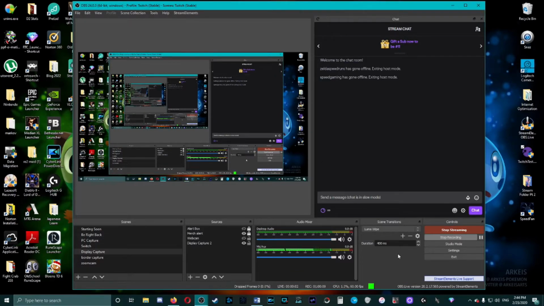So now we're streaming, but we're not actually live. It's just testing your bitrate and your connection, and making sure it will be smooth when you really go live. If you look at the bottom here, you'll have a drop frame area. It'll tell you how many frames you may have dropped. Also, it'll tell you how long you've been live, how long you've been recording, your CPU utilization,